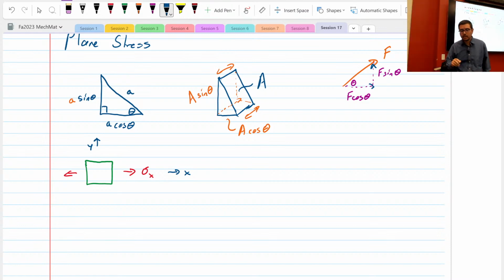So you think this element is just under normal axial stress, sigma x. Okay, but what if